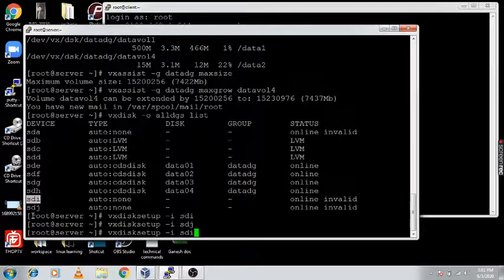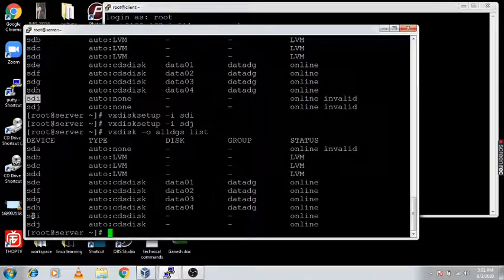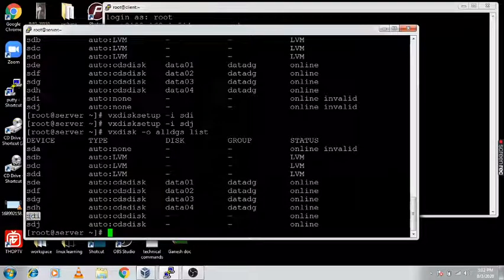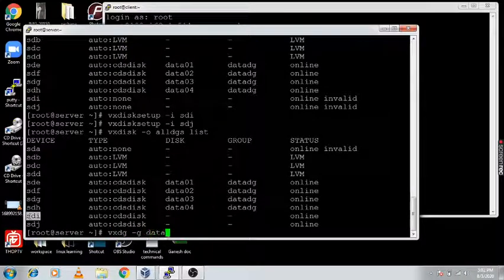You can add both disks, or if you want to use only the sdi disk, then you need to use vxdg -g DG name adddisk, giving the disk name.